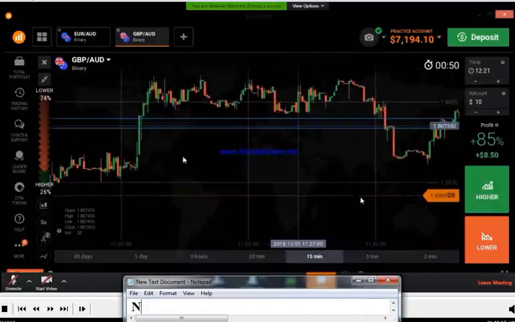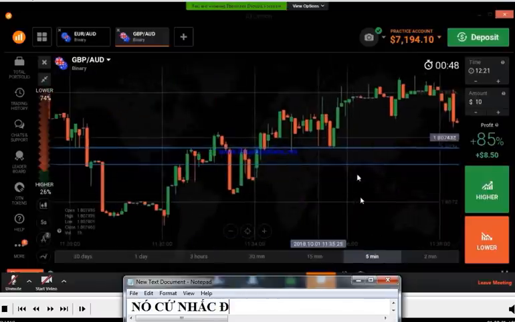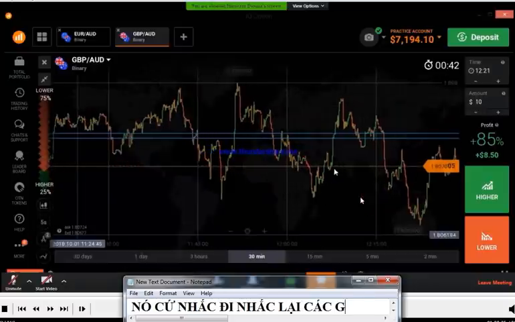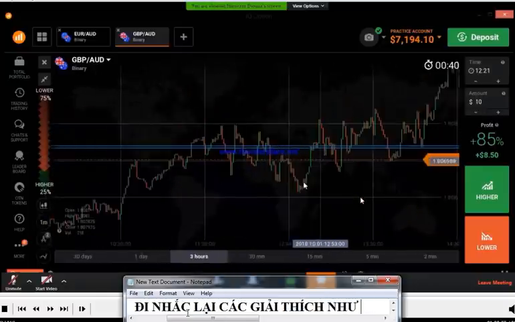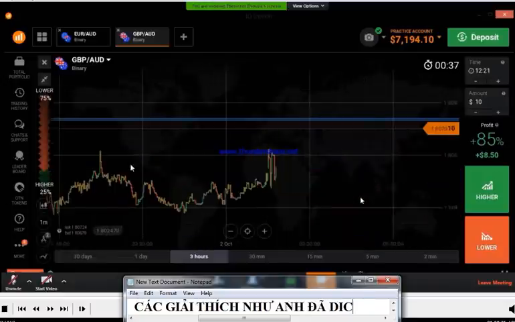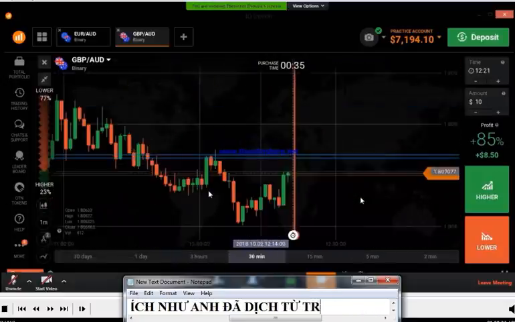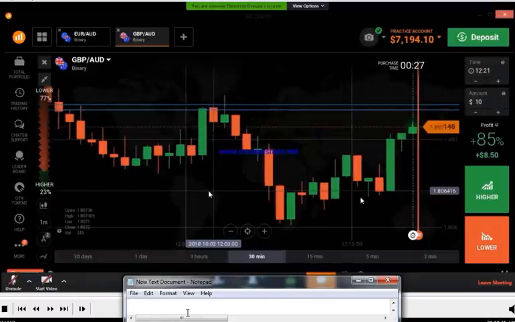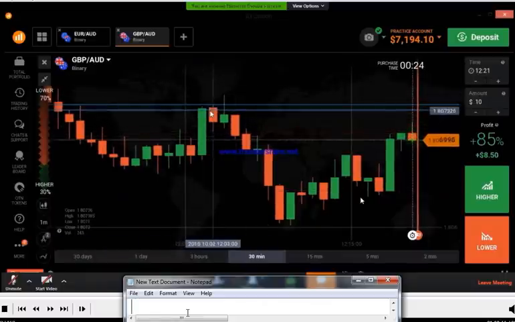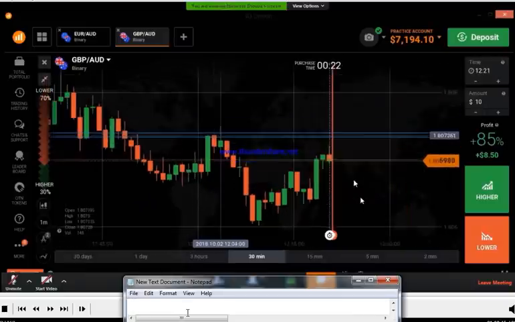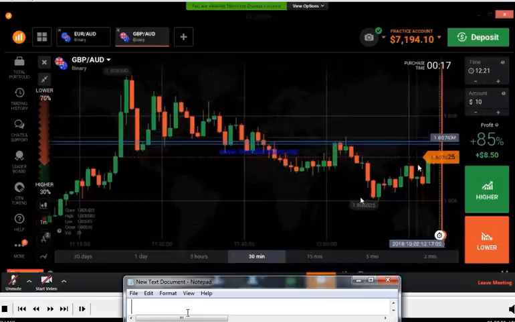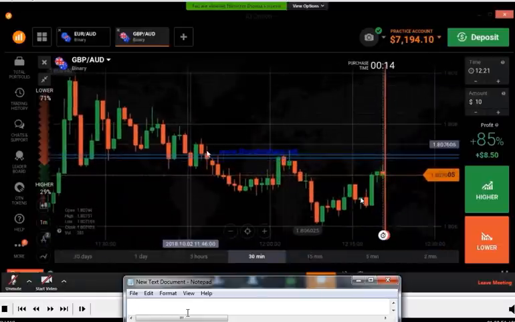So when the market comes to this level, some sellers and buyers are entering because this is a very strong level. So always trade with confirmation. You can trade without confirmation, it's not a problem, but if you trade with confirmation, you will get a good winning ratio, because this is a strong level. Strong level means when the market comes to this level, it will reverse most of the time. Trade only for the first time, trade on the second time. You can see this is a downtrend, this is a breakout.